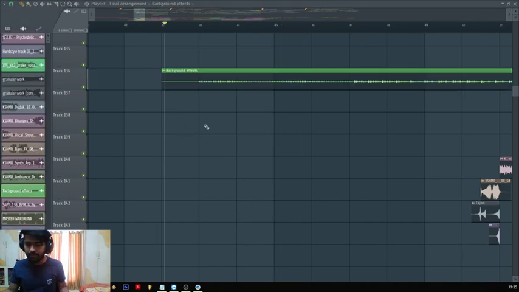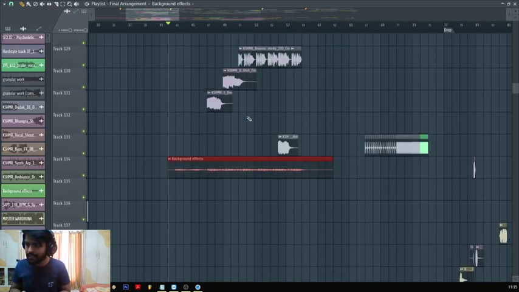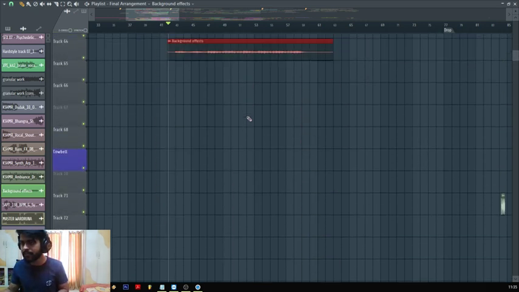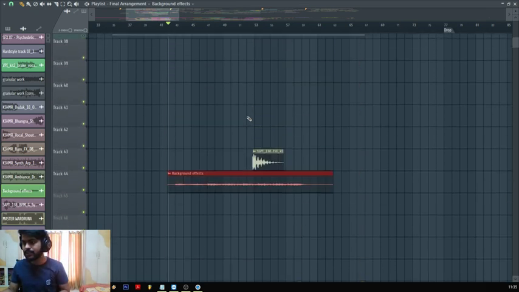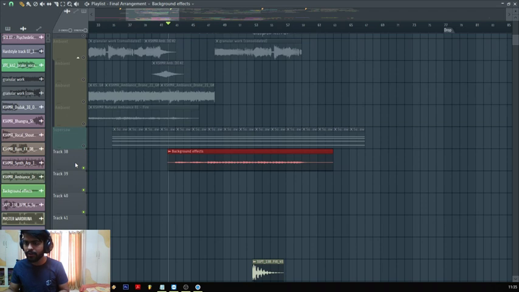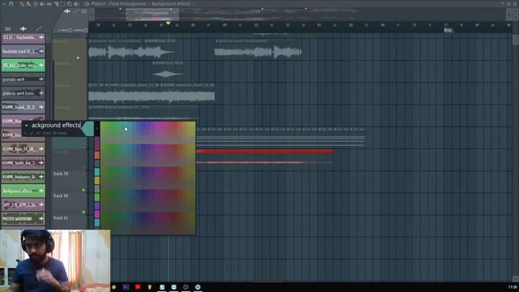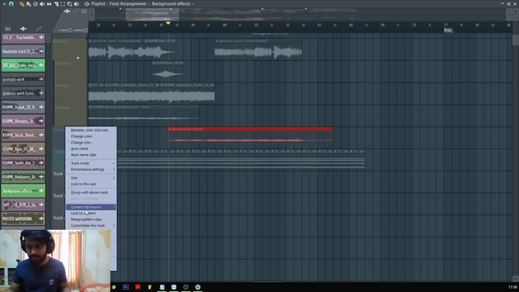Yeah, so this is some background effects which I rendered into mini stems, consolidated them, because they were taking too much CPU. And it's always a good practice to consolidate, because the synths and the plugins which you use, they all run on RAM, and that can be really CPU heavy. Actually, background effects could technically be grouped with the ambient one, so I'm going to do that. Group with the